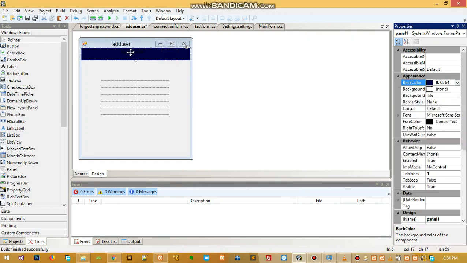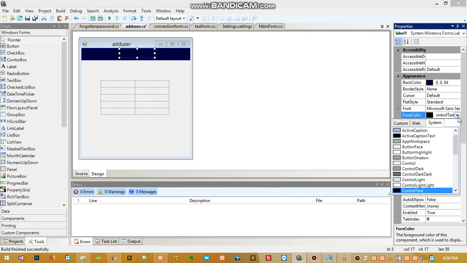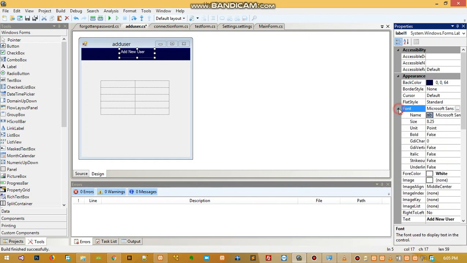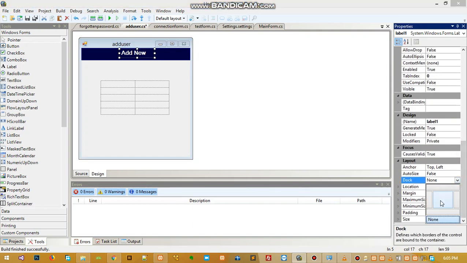So now we can't see our label actually because it's black, so let's select the label here, and then let's change the color of the label to white here like this. Okay, and then the font size, let's do it to 12, and then let's make it a little bold. Okay, and then now what we can do here too is we can dock that one into that particular panel like this, and then we change the